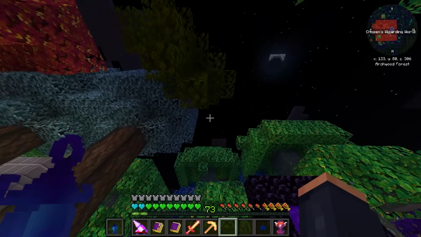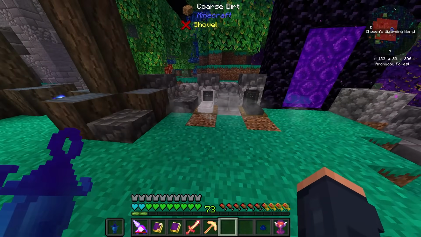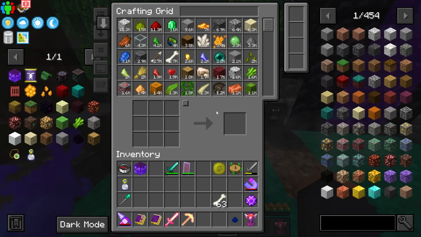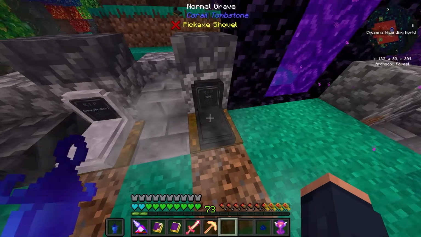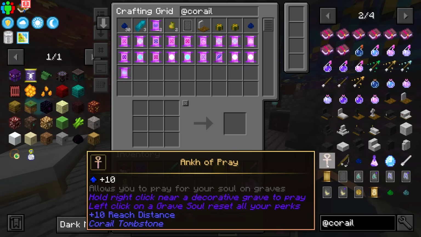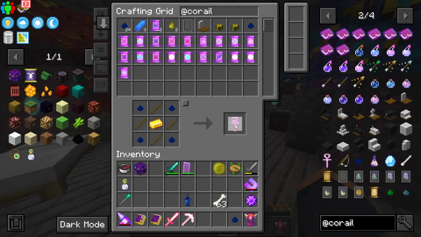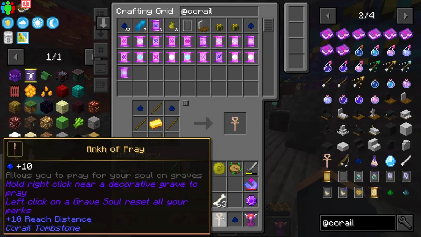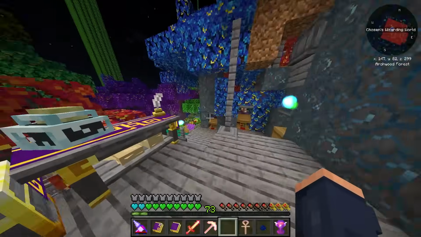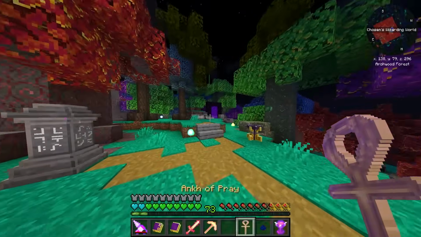Oh, I guess I'm gonna have to wait because I need this to be able to rip the enchant off of any item. That's gonna be kind of cool, but I do need a soul inside of the graves. Okay, so apparently to be able to pray, I need this thing right here. And it says hold right click near a decorative grave to pray. And it says left click on a grave to reset all of your stuff. I don't want to reset anything, but